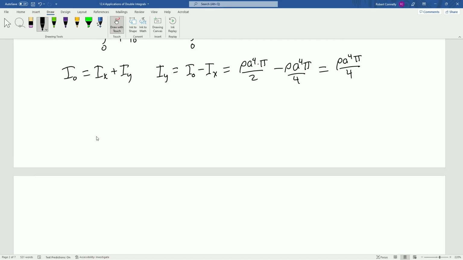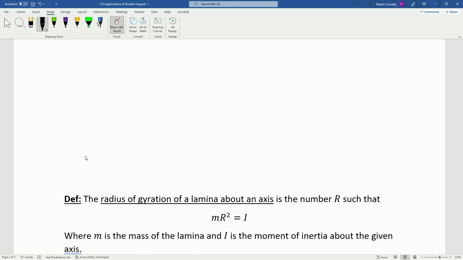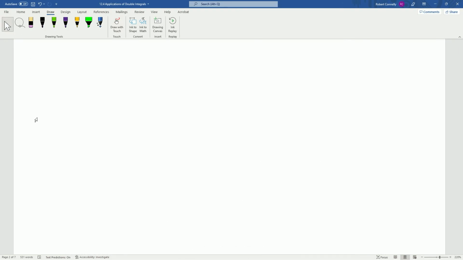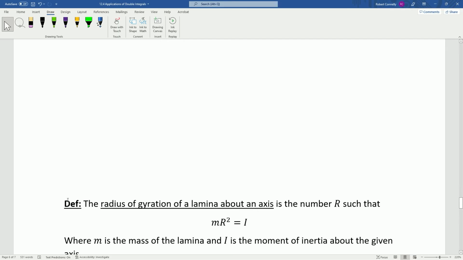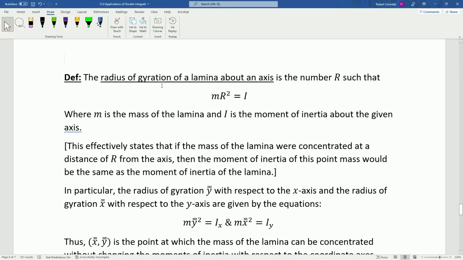Okay, so we got one more subtopic here to tackle. I thought I would need more room, so I left all this extra space there, but that's okay. The radius of gyration of a lamina about an axis is the number r such that m times r squared equals I,